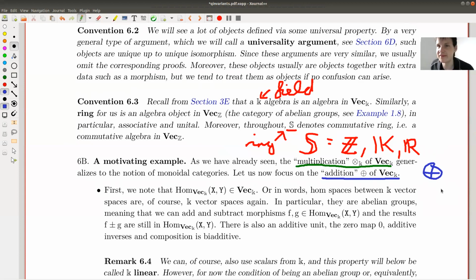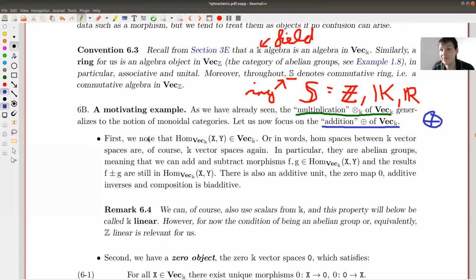Let me try to motivate the definition along this example of vector spaces, and in a second, even more explicitly in its skeletal incarnation, the skeleton of finite dimensional vector spaces, matrices. Matrices will be my running example throughout anyway, because all these notions that I'm going to show you might look very scary at first, but they are really just this: you like vector spaces a lot, and you generalize what's going on. Anyway, keep vector spaces in mind.